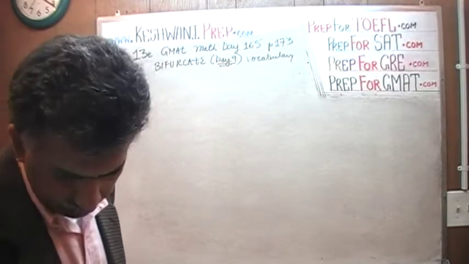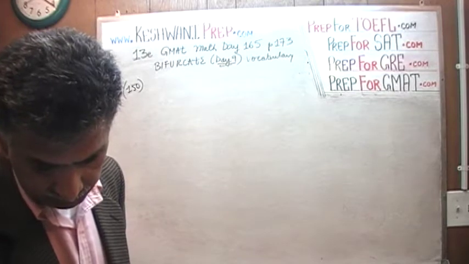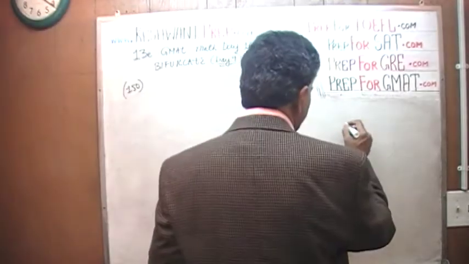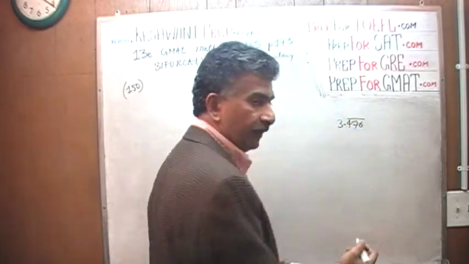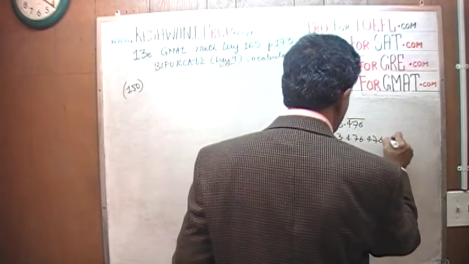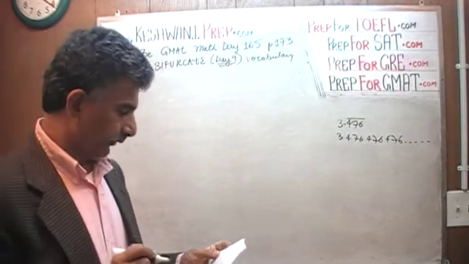It says that a bar over a sequence of digits in a decimal indicates that the sequence repeats itself indefinitely. Of course, we knew that. For example, 3.476 with the bar on it just means 3.476, 476, 476, forever and ever. So here we are told